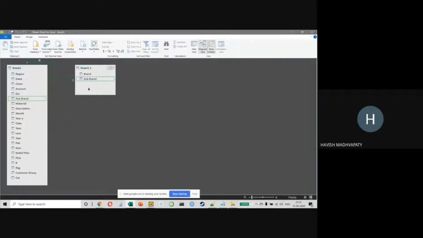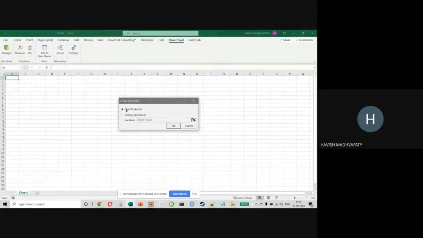And these two data sets are not even coming from one place. They're coming from different files. So imagine how cool it is. You might have 5 Excels, something coming from SQL, something coming from a CSV file, something coming from the internet, and all of it can be combined into a singular model like this. And now when I make a pivot table, here's the best part. You will not get two pivot tables, you will only get one pivot table. So I click on pivot table, and let me put it on a new worksheet.